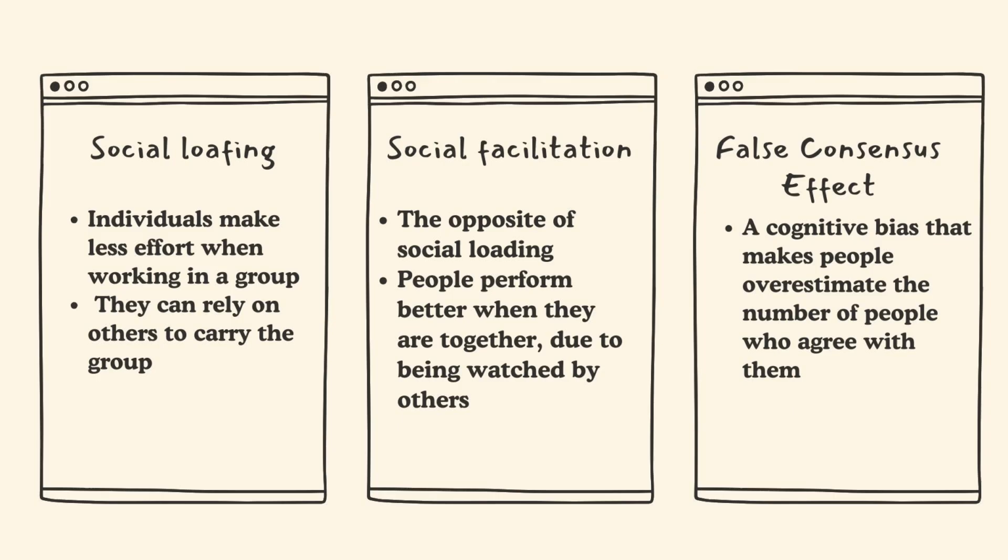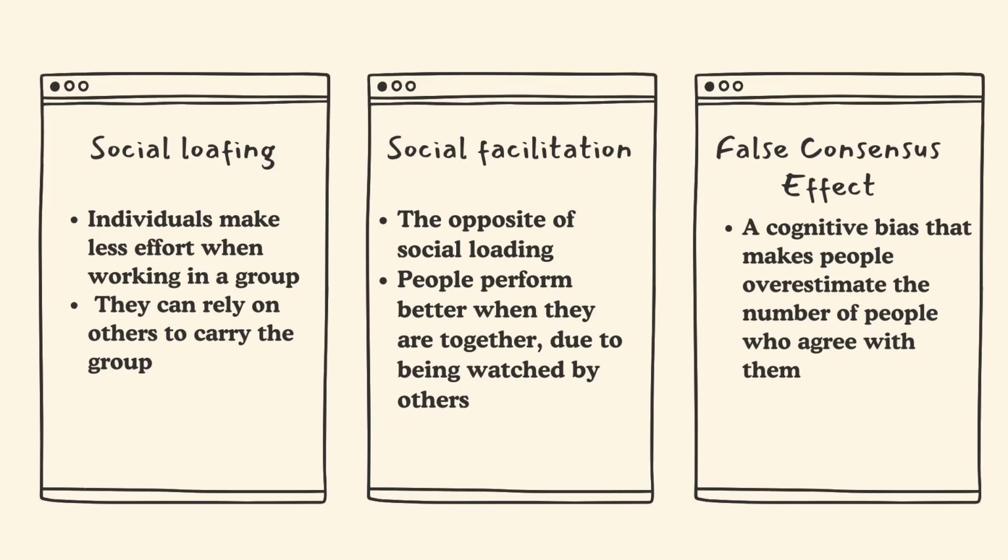People perform better when they are together and being watched by others. For example, if I'm doing work by myself, I might procrastinate, similar to social loafing, because I can rely on others. But if we are working together, all the people next to me are physically watching me, so I need to force myself to actually do something because other people are watching me. False consensus effect is a cognitive bias that makes people overestimate the number of people who agree with them